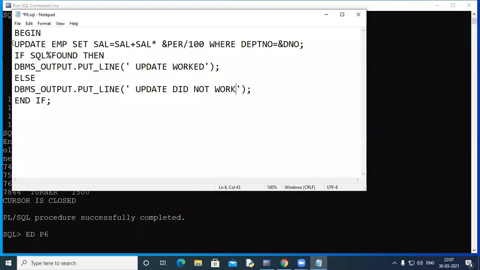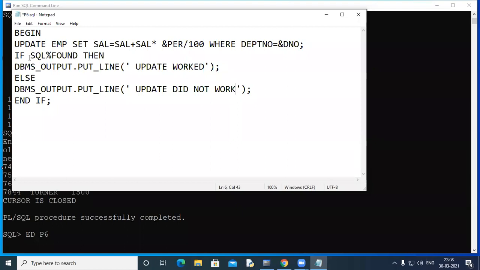I've written an update statement here. I told you that an implicit cursor is created automatically whenever some DML statement is fired. So update is a DML statement. Insert, delete, and update are the three DML statements. So when I use update, an implicit cursor is automatically created. The name of the implicit cursor is SQL automatically. Like the explicit cursor, you give it a name on your own, but for the implicit cursor, the name is always SQL. Okay, it is not case sensitive, remember. SQL is the implicit cursor name.